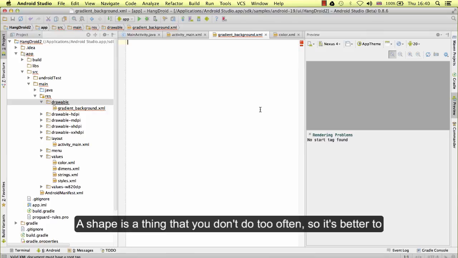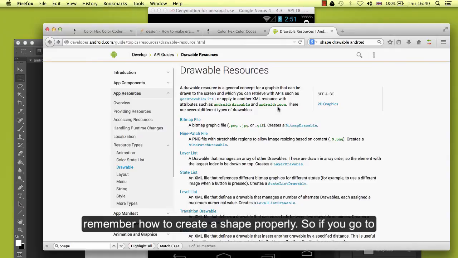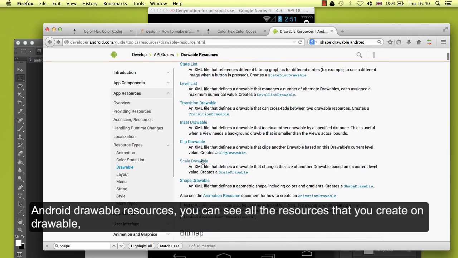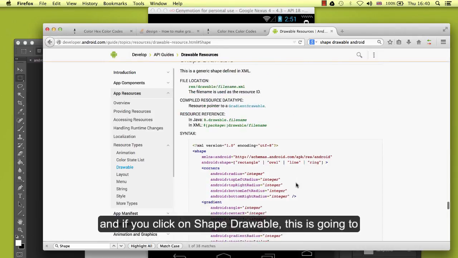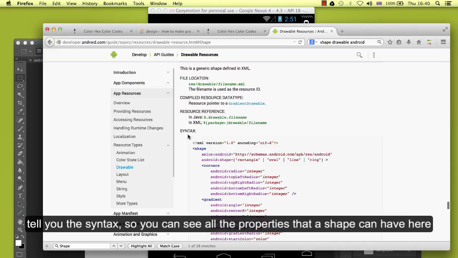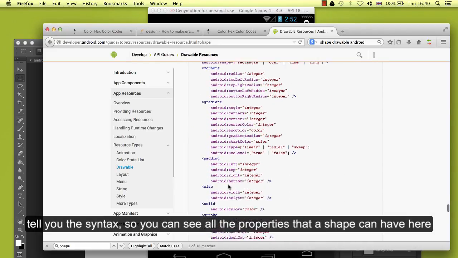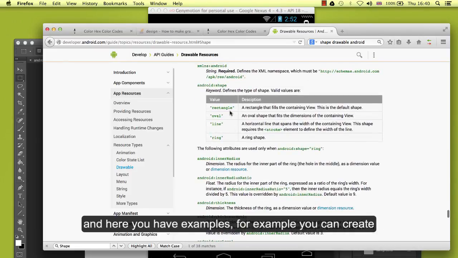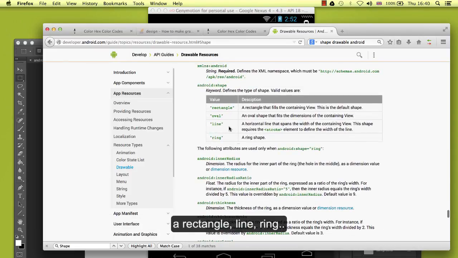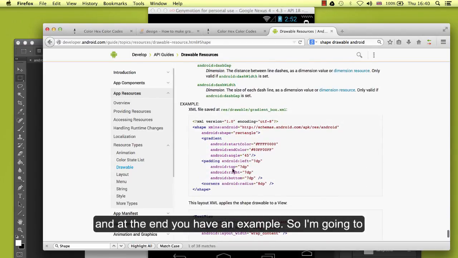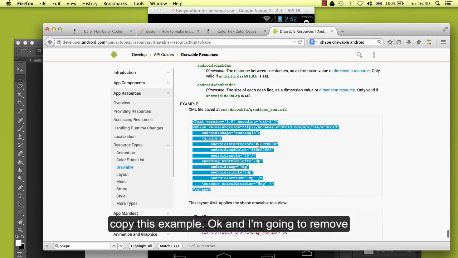A shape is a thing that you don't do too often, so it's better to remember how to create a shape properly. So if you go to Android drawable resource, you can see all the resources that you create on drawable, and if you click on shape drawable, this is going to tell you the syntax, so you can see all the properties that a shape can have. And here you have an example. For example, you can create a rectangle, line, ring, and at the end you have an example. So I'm going to copy this example,